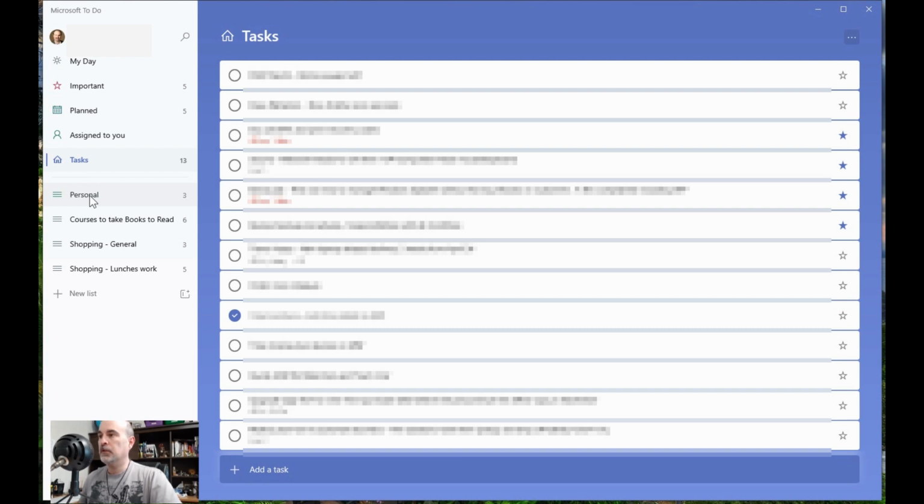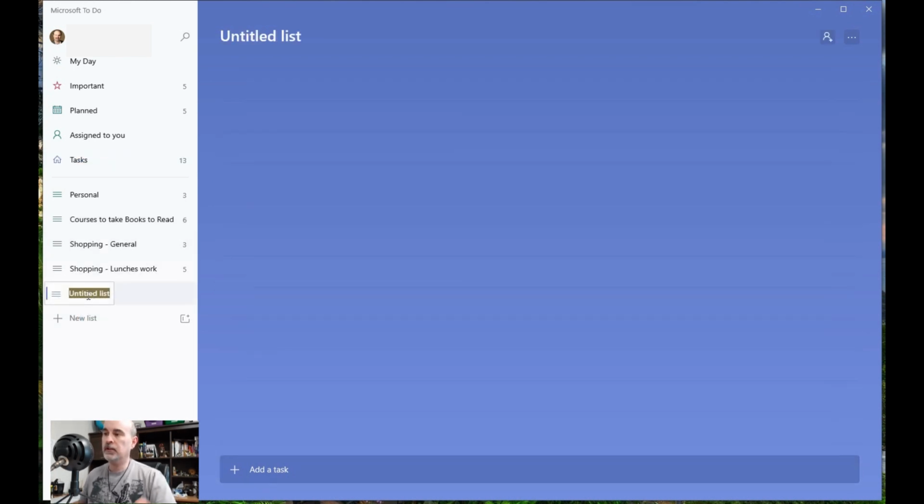Then there are the personal categories that you would list, and it'll be the same as your tasks, but it's your own ones that you would use. So I'm going to create a new list here. If I click on that, I'm going to call this Training. Whichever list you click on, you go down here to where it says add a task, click in there and type in something, and it's going to put it into that list.